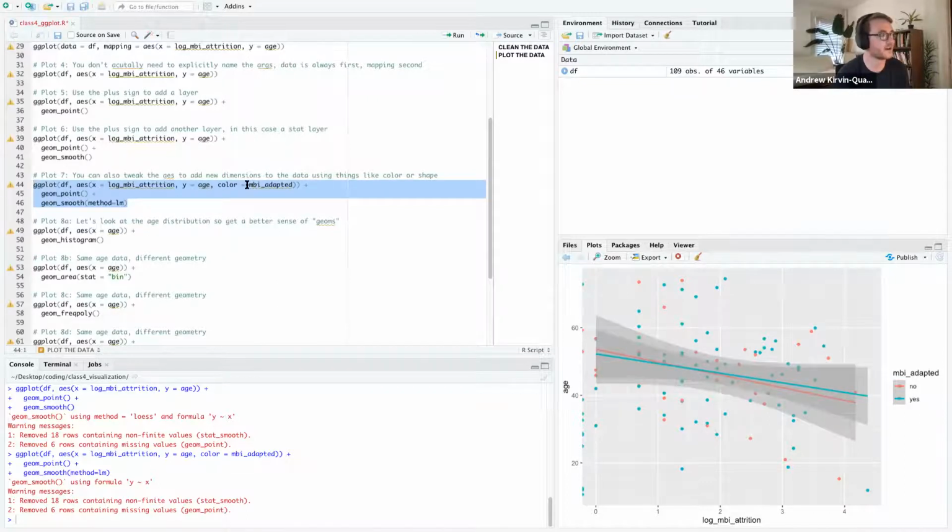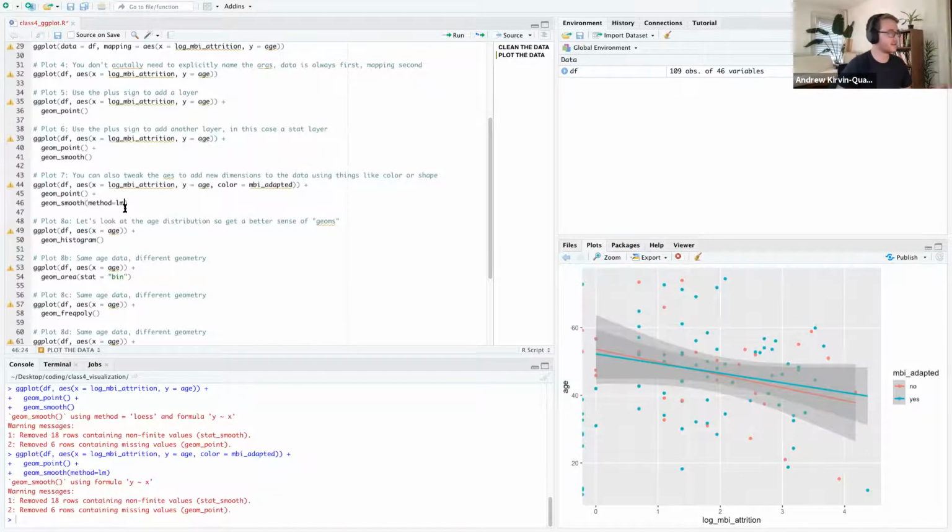So MBI adapted is a variable for whether or not the intervention was intentionally adapted for the population. So if the study was only studying people who have a drug addiction, was the intervention actually adapted to treat a drug addiction? And this is not a very pretty graph because, at least for me, the standard error is